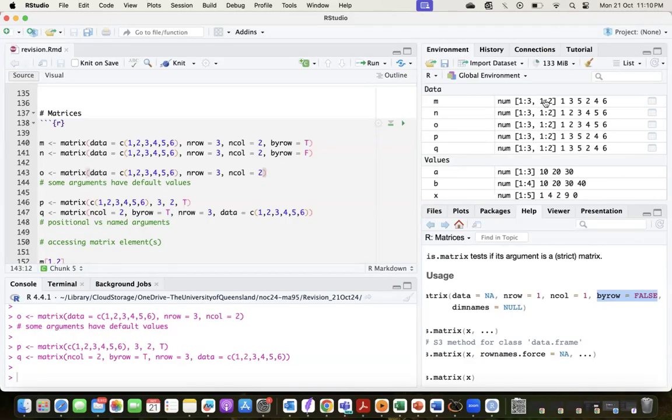They're all 3 by 2 matrices because we have specified 3 rows 2 columns, 3 rows 2 columns, 3 rows 2 columns. In this one, I have not mentioned any names of the arguments, so I'm relying on the positions. Again, this is not a good idea if you have any doubt, but if you're very, very sure of what the